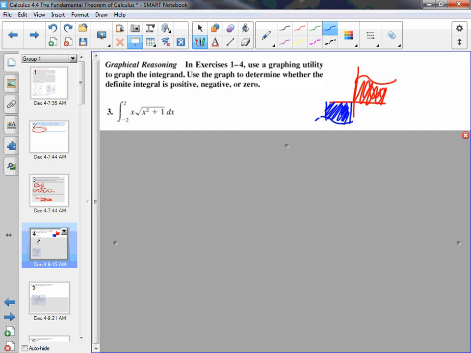A region above the x-axis has a positive signed area. A region below the x-axis has a negative signed area. If there's just as much above and below, then that's when you'll get a definite integral of 0, because the negative signed area and the positive signed area, when you add them together to get the area of the whole region, would cancel each other out and give you a 0. So, if there's more of the region above the x-axis, our definite integral will be positive. If there's more of the region below the x-axis, our definite integral will be negative. If there's the same amount above and below, our definite integral will be 0. All right, so let's graph this